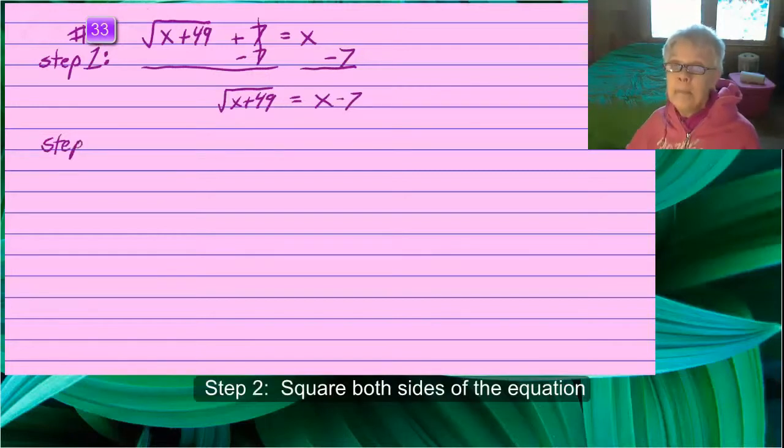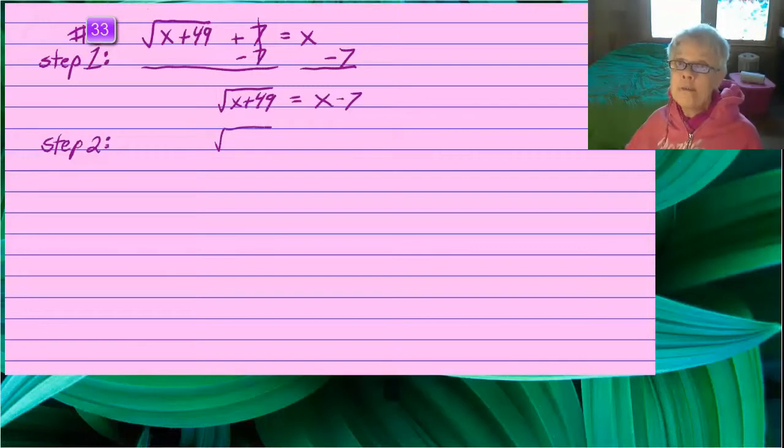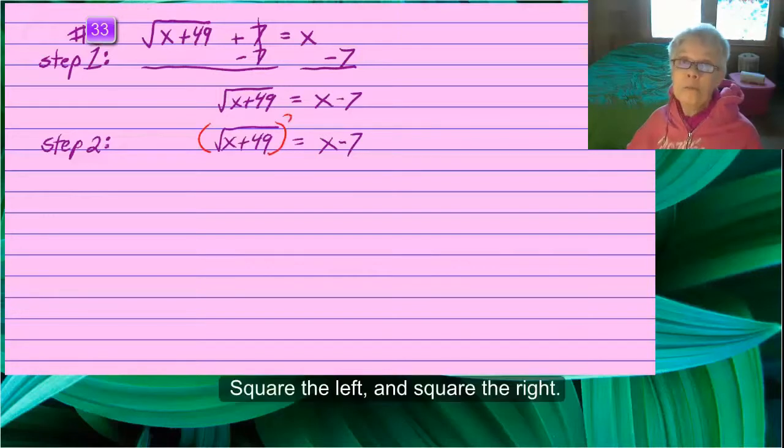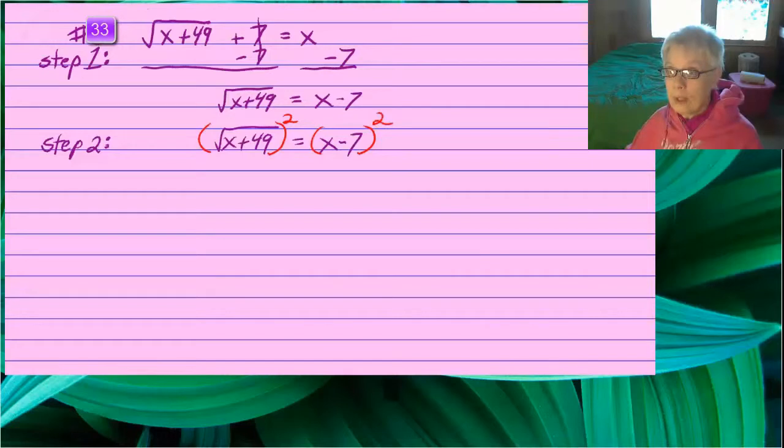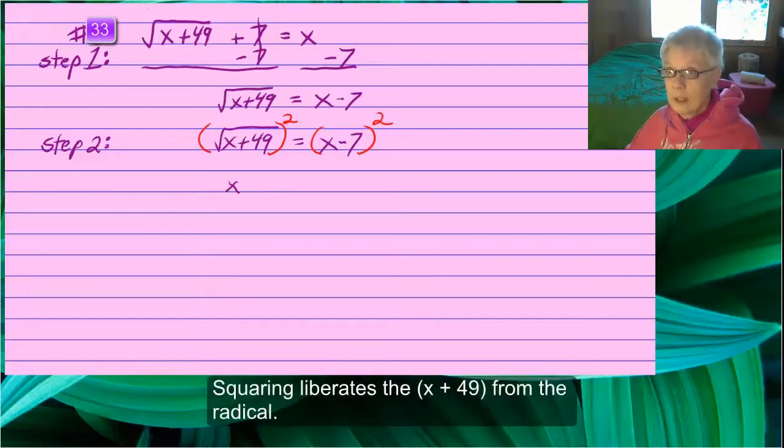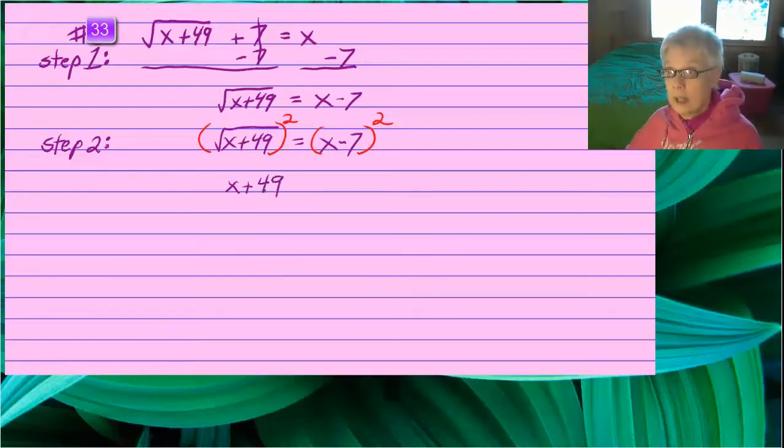The second step is to square both sides of the equation to get the square root off of x plus 49. So here's the equation. Square root of x plus 49 equals x minus 7. And we will now square both sides of this equation. On the left, the squaring just takes off the radical. But on the right side,